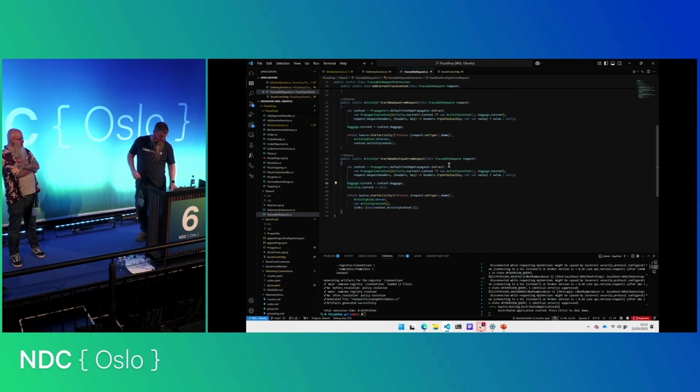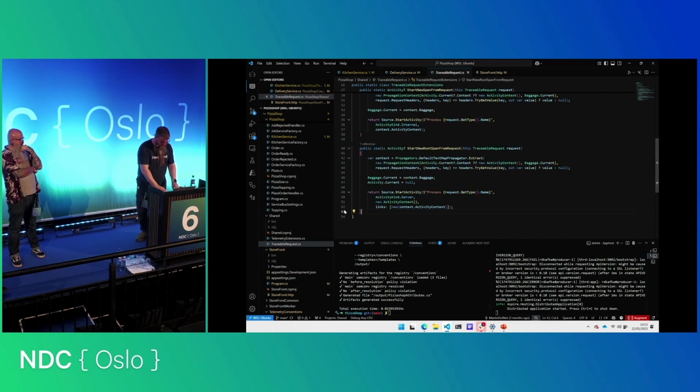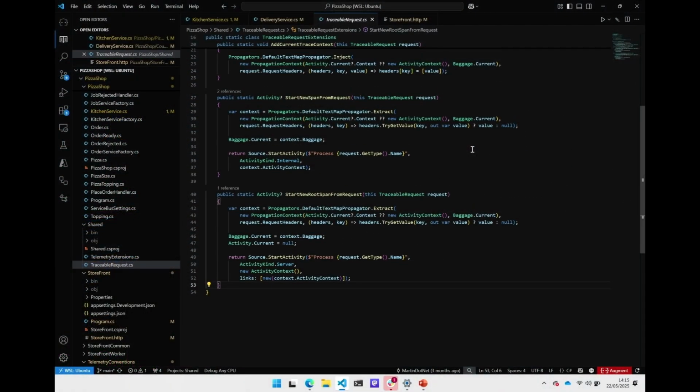Whereas the one on the bottom, what this is going to do is it's going to add links. Let me zoom in a little bit so you can see that better. So there on line 52, you can see what we're actually doing is we're saying we want to add the original trace, the original span, as a link.